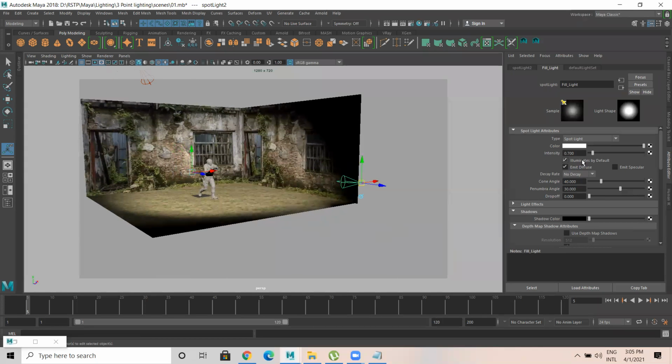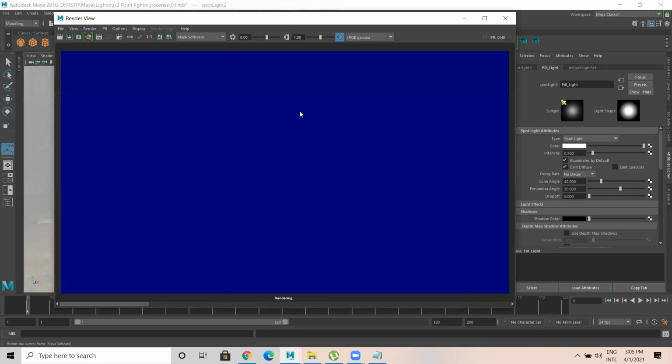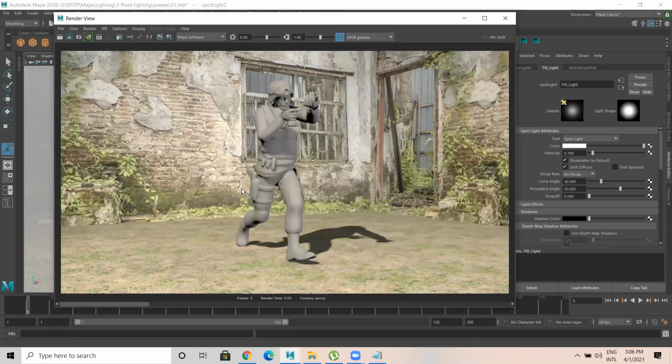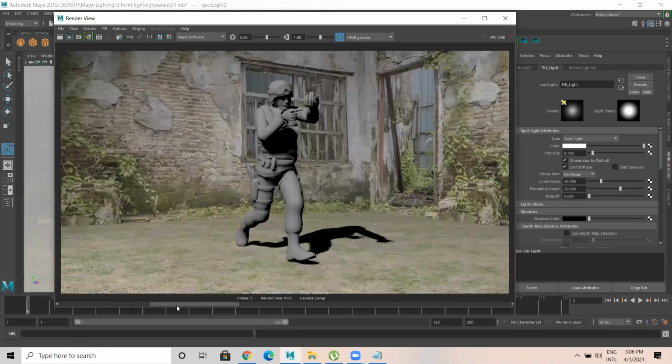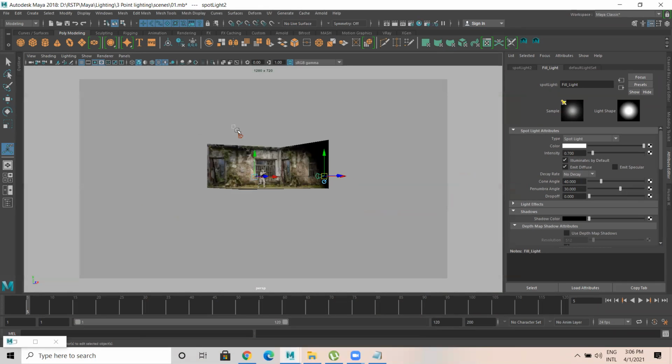The fill light should be half the intensity of the key light, or 60% of the value. That's okay. So now I'll come over here and take a render. Let's see how this looks now with key light and fill light. Okay, it seems so bright. The key light intensity, I think I have given 1.5. I'll make it 1.2, and reduce the fill light to 0.5. And let me check with the key light at one only in that case.